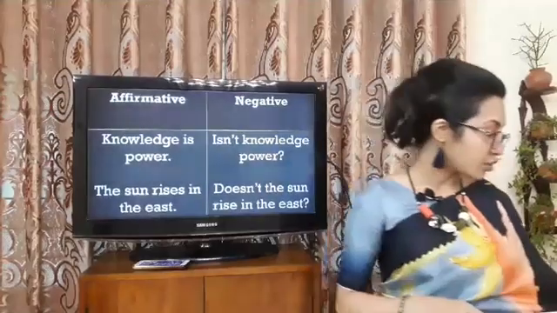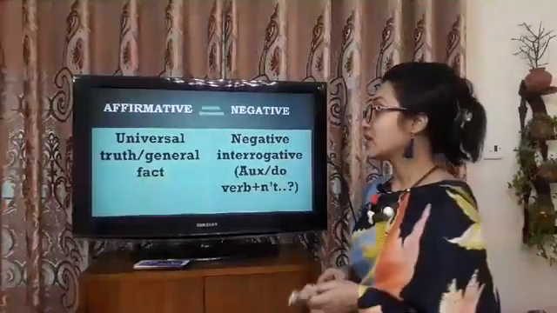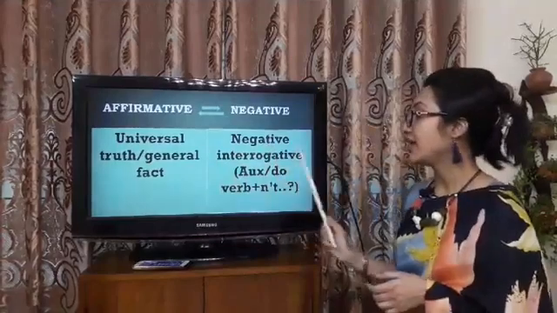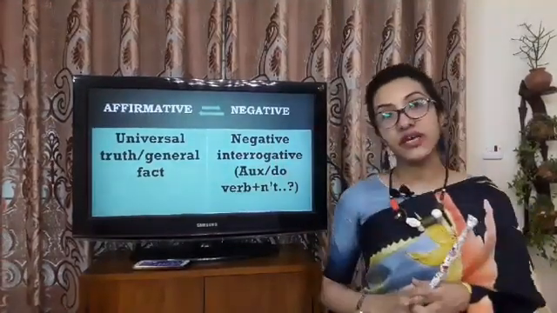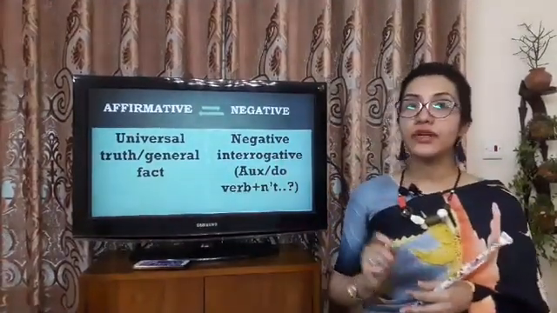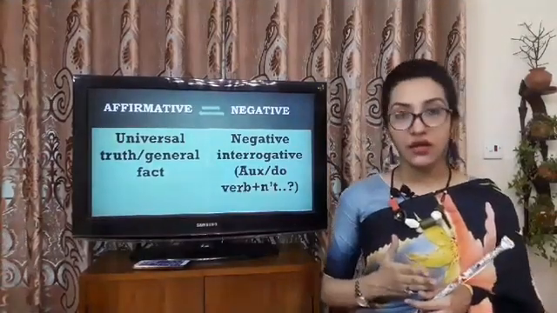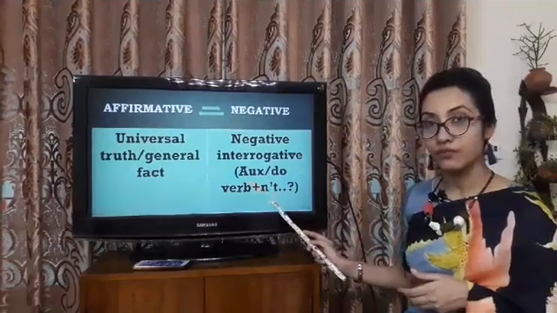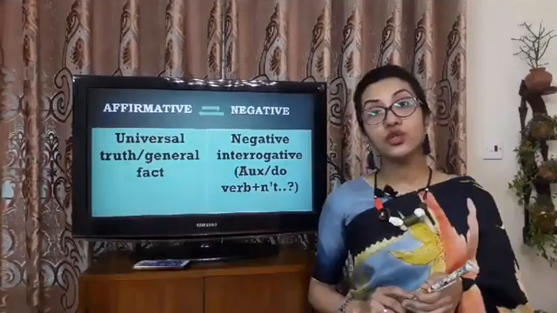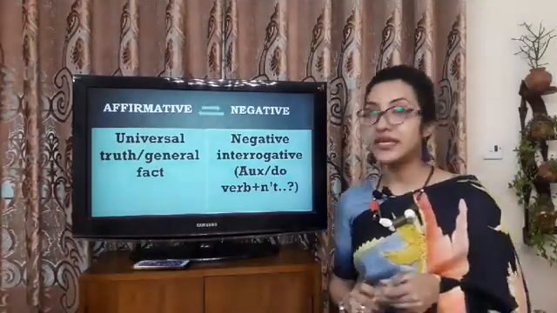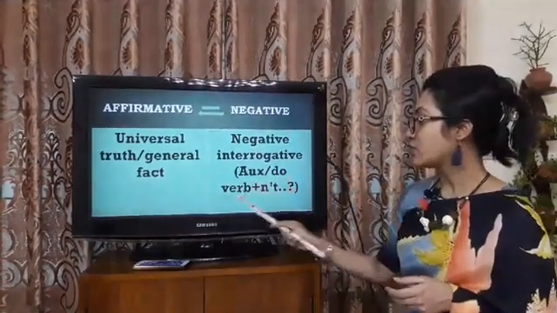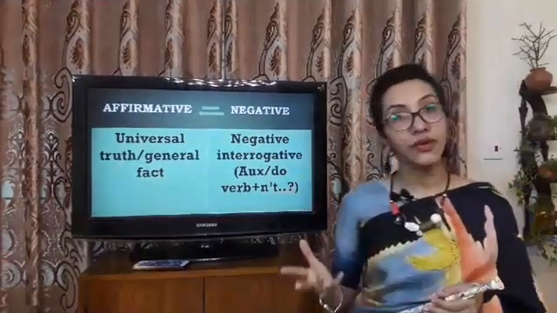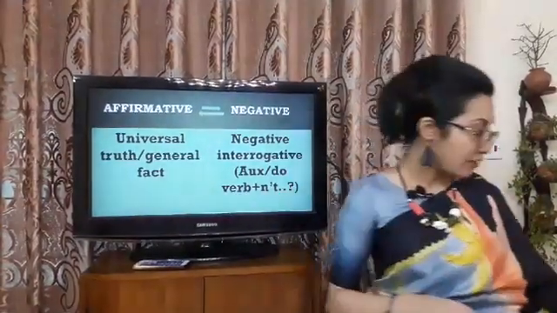নেগেটিভ ইন্টারোগেটিভ কেন করছি? So the rule is, if you have universal truth or general fact in an affirmative sentence, make it negative interrogative. How can we make it negative interrogative? যদি be verb থাকে, তাহলে আমরা be verbটাকে সামনে নিয়ে আসবো, দেন আমরা not ইউজ করে দিব. যদি do verb থাকে, do, does, did এই ধরনের verb, আমরা do verbগুলোকে সামনে নিয়ে এনে not ইউজ করে বাকি অংশ লিখে ফেললে আমার হয়ে যাচ্ছে নেগেটিভ ইন্টারোগেটিভ. ফর এক্সাম্পল,